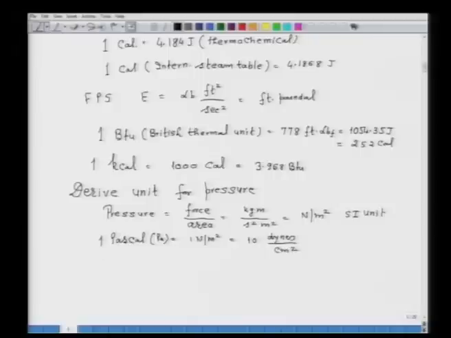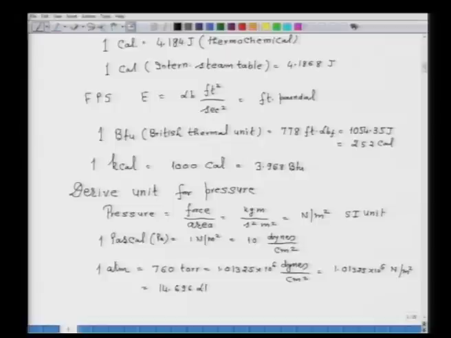Also to know, 1 atmosphere is equal to 760 torr, which is equal to 1.01325 into 10 to the power 6 dynes per centimeter square, and that is equal to 1.01325 into 10 to the power 5 Newton per meter square, and that is also equal to 14.696 pound force